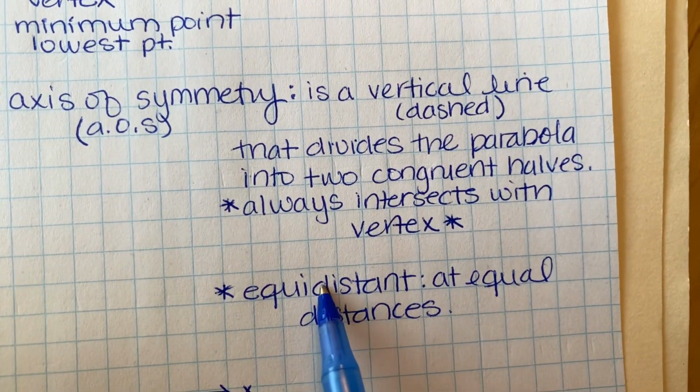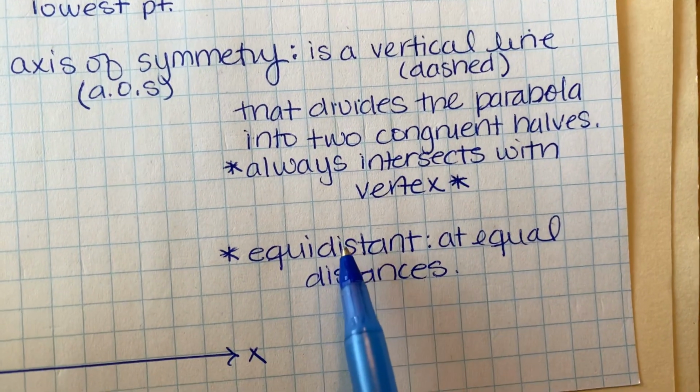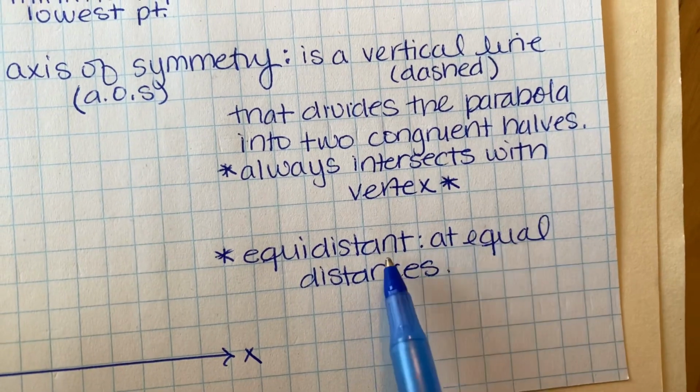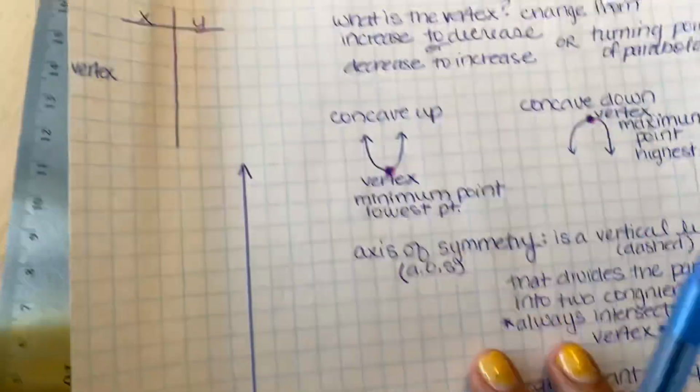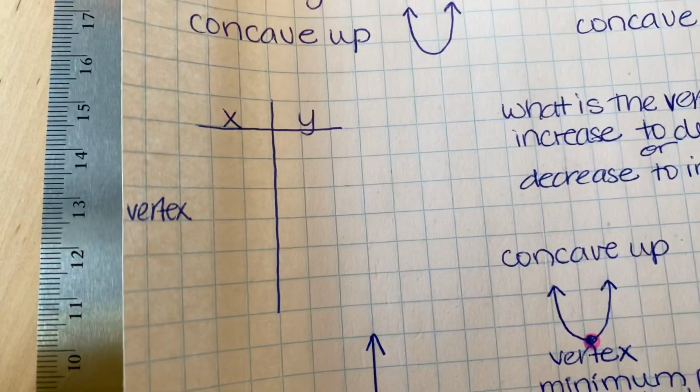You're going to hear me say equidistant because we're going to have symmetry within our parabola. We're going to have symmetry within our xy table. Okay, and equidistant means at equal distances. So we'll get to that, okay? All right, so here we go. We're going to pick our xy table. And for now, since we are doing the basic